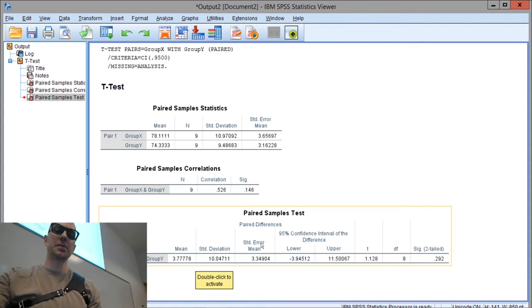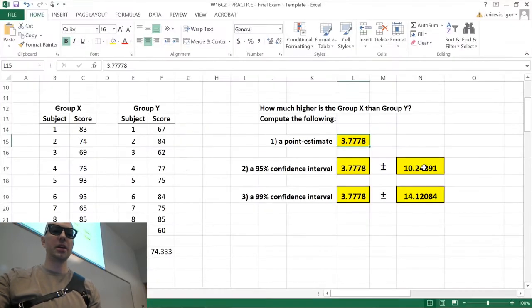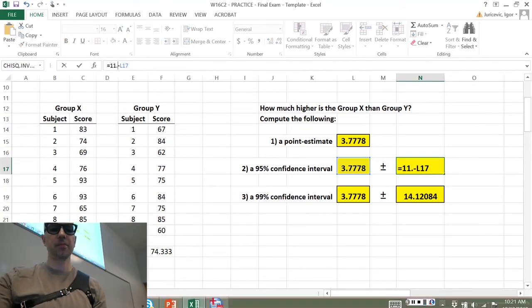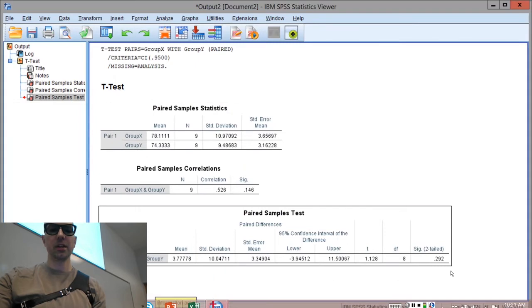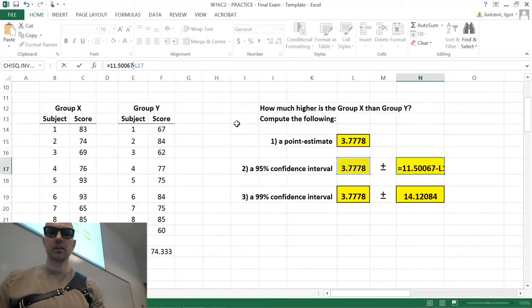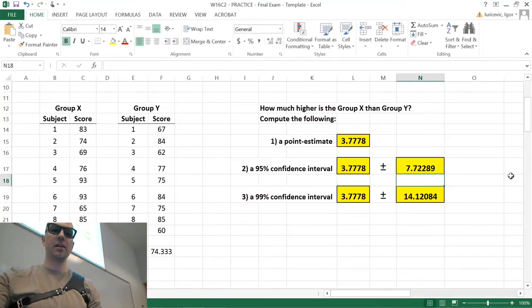And then once again, SPSS being very friendly, showing you right there, 95% confidence interval of the difference. And once again, we can just go upper minus middle. So upper is 11.50067. So we can just pop in here and change that 14 to 11 point something, 11.50067. We hit enter and we have that